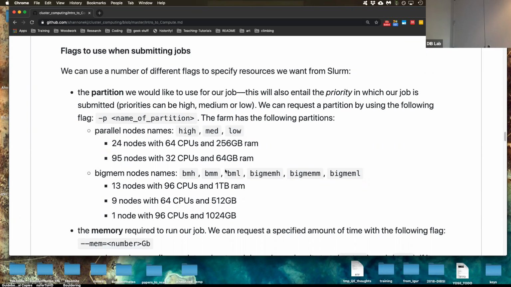It's like, be nice to the people around you because you're all sharing resources. And so, unless you're doing something that is quick and can be done fairly quickly, and you just need it to test something, maybe don't use the high priority. Maybe use medium or low. We default to medium in my lab. I'm not sure why,